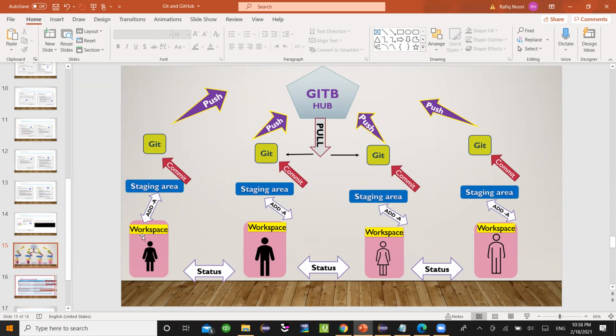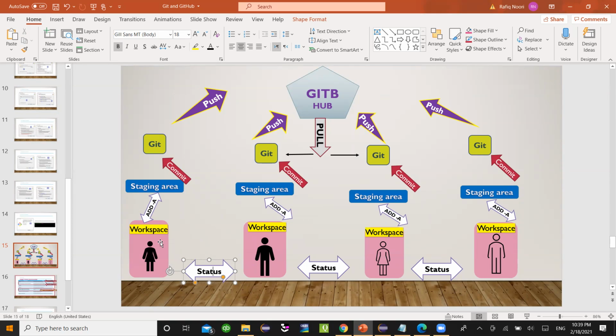First of all, in the workspace, whenever we want to send something to a staging area, we use a command, status. What is this command used for? We just check. Everybody, before sending anything to Git and to the staging area, first of all we use this command status just to see what we have. If we have any new thing in our workspace, like if we deleted something, if we modified something, if we added a new file or a new package or class or whatever, first of all we use a command called status to see whatever new item we have to add it to Git,